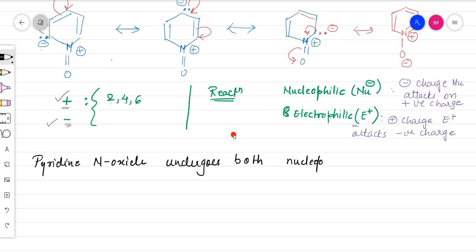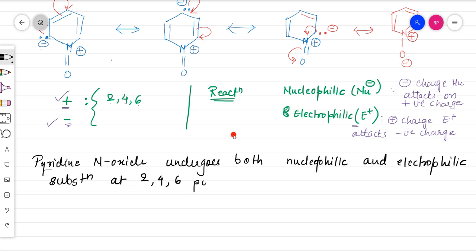nucleophilic and electrophilic substitution at which positions? 2, 4 and 6 positions. Yes, that's right. Okay, ortho-para will work. Written now? Once you know where the reaction is going to take place, let's write